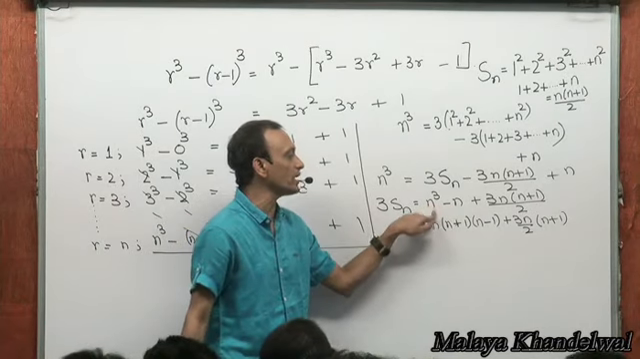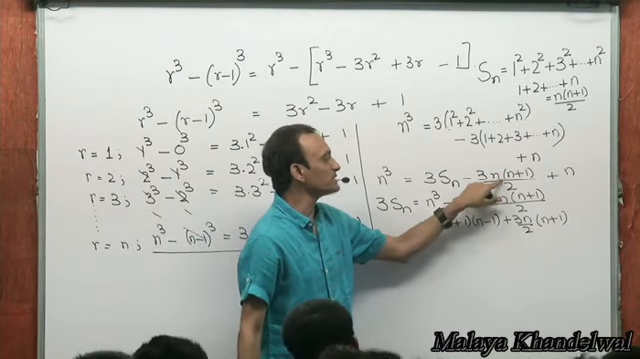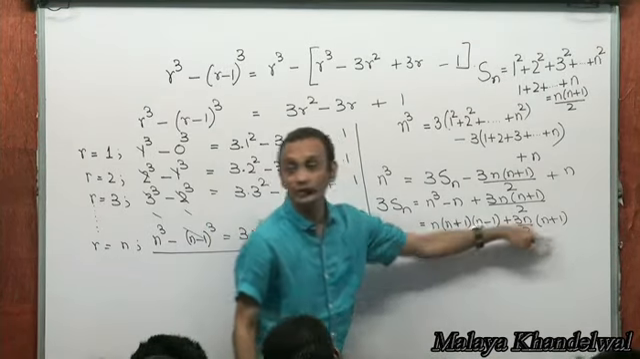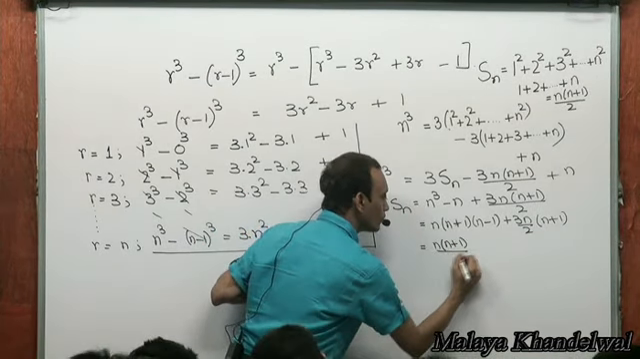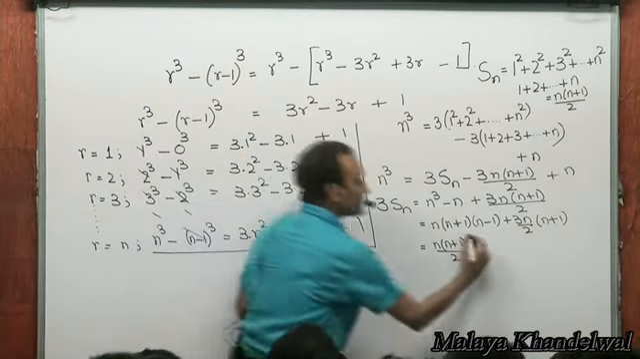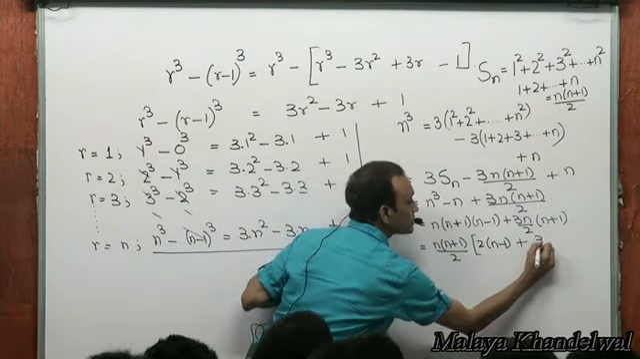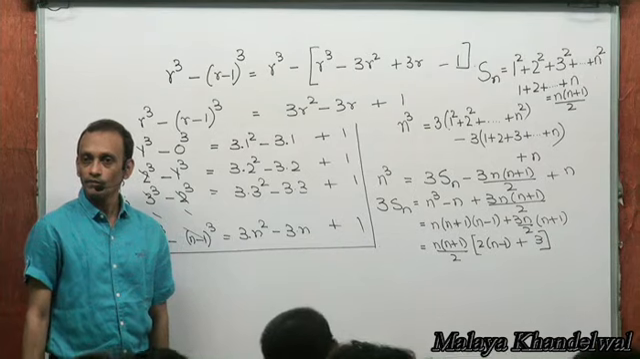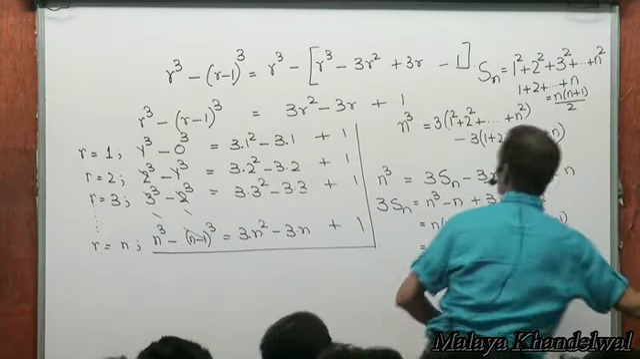I took n common from this, so n squared minus 1, which could be rewritten as n plus 1 into n minus 1. Then plus 3n into n plus 1 by 2. Now from the whole thing, I could take n into n plus 1 by 2 common. That will leave me with 2 into n minus 1 plus 3. Right? Which really reduces to